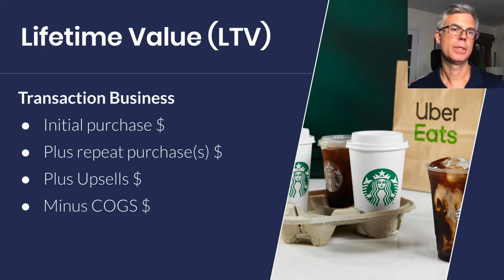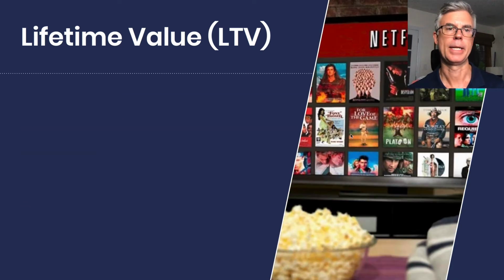But the one thing with the true calculation of lifetime value is you have to subtract out the cost of goods sold. I talk about cost of goods sold in another video, but basically that's the cost to produce the product. So if I'm buying a bag of coffee, it's the cost of the coffee and the bag and putting the coffee inside the bag, and probably getting the coffee to the Starbucks location where you purchase it from. So you have to subtract that cost out, and that leaves you money to pay the operating expenses.